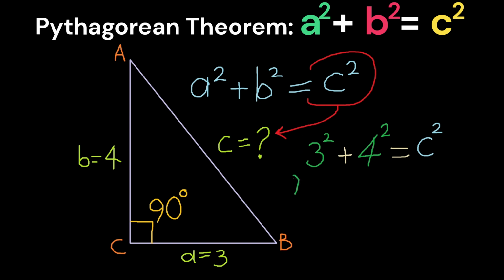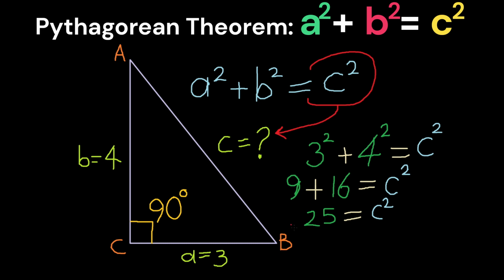3 to the power of 2, or 3 squared, is 9. Plus 4 squared is 16. And that equals c squared. Now let's add 9 and 16. It makes 25. So we now know that c squared is 25. Now in the next step we need to take the square root of both sides, because we want to